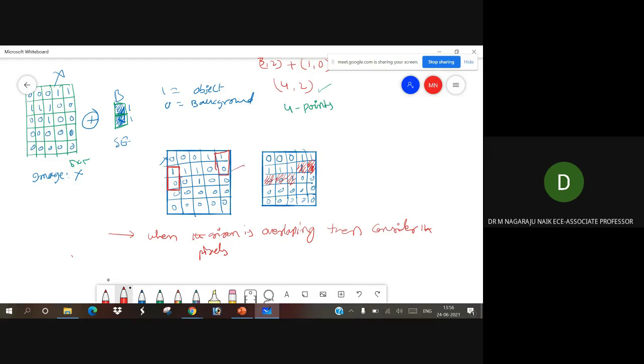Then this one you have to consider. With respect to the origin, it is matching. Then you have to consider here. So now here also you have to consider. Now what is your final one?